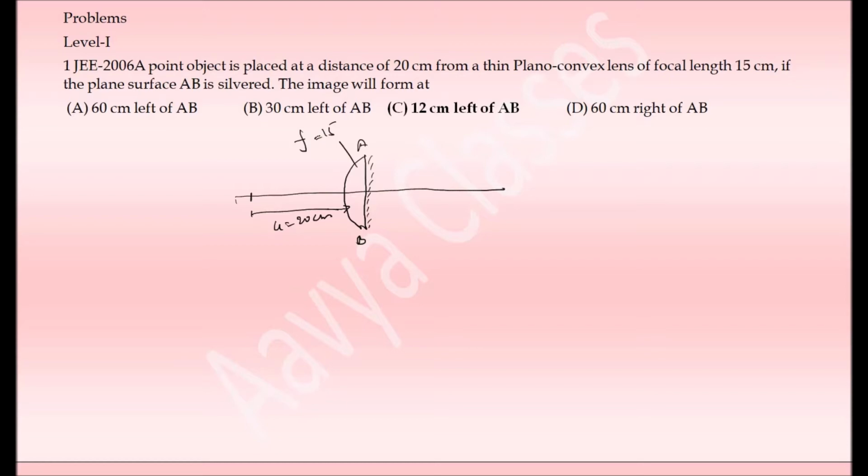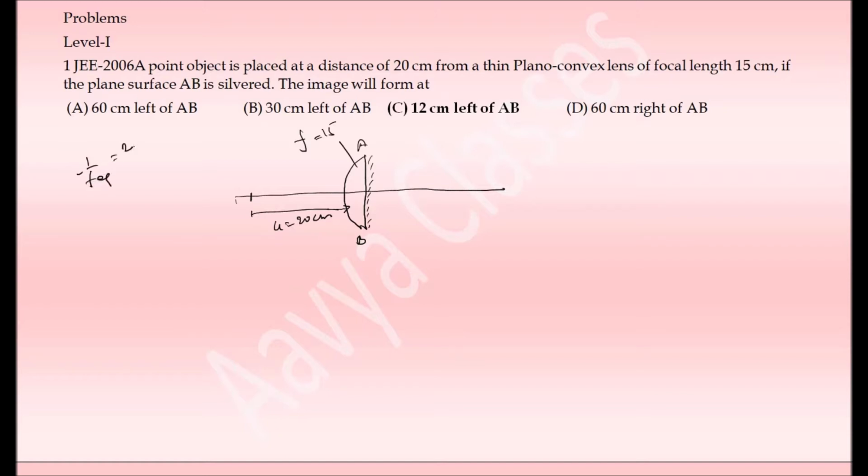We have to calculate the focal length of the system. So the focal length of lens is 15 centimeter. So how will we solve this problem? First you will calculate the focal length of this system. So for this we just apply the concept we have learned in silvered lens, that is minus 1 by F